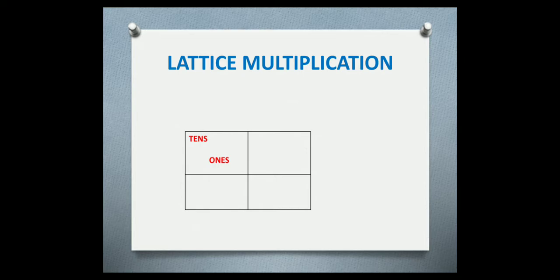If you're going to multiply a 3-digit number by a single digit number, then you'll be drawing how many grids? Yes, 3 grids. 3 into 1 equals 3. So I hope that now you have understood how to draw the grid. The next step is that you need to draw a diagonal. You will be drawing a diagonal from upper right to the lower left. You can see it over the screen. The diagonal will be drawn for every grid you have drawn.